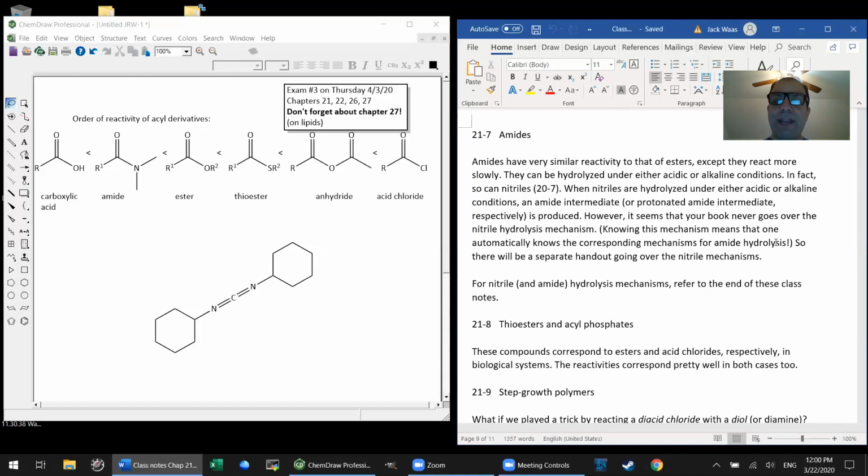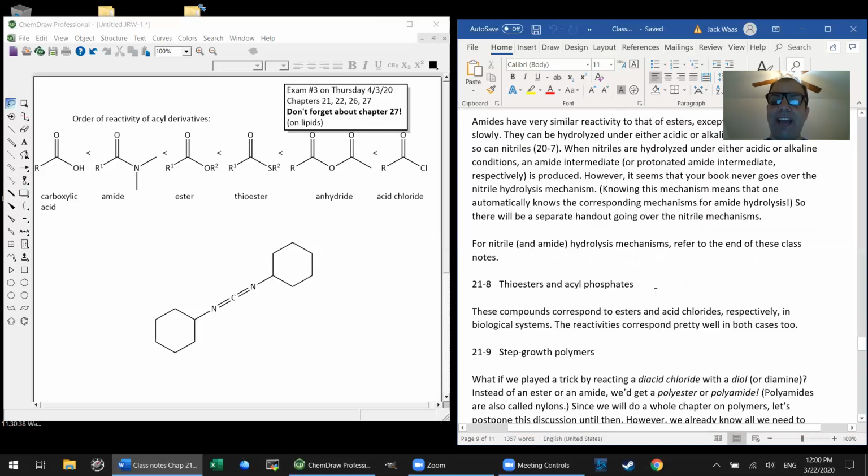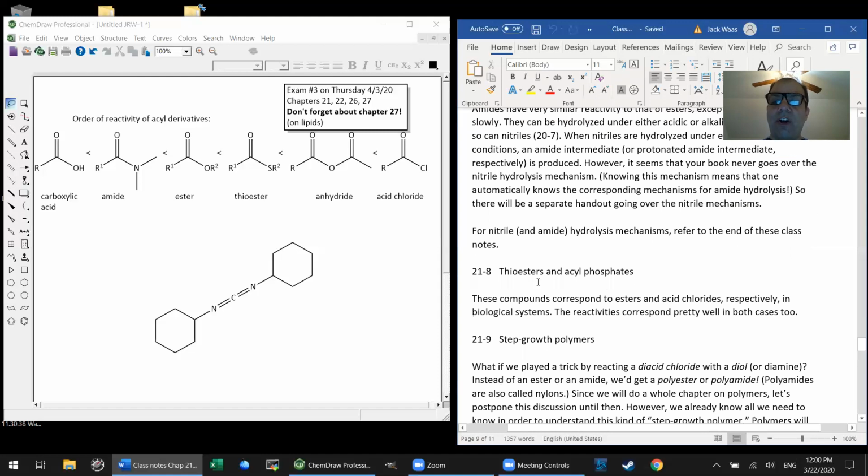Welcome back. And we're back in chapter 21. Let's bring this to a close here when we discuss the reactivity of amides and also nitriles. And I have a few comments here on thioesters, which we might come across